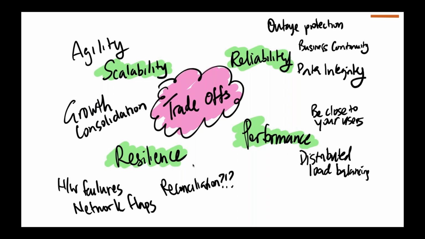And that's what the cloud is kind of famous for. You also need to be resilient against hardware failures and network flaps. You need to be reliable as well to make sure that your data has got integrity. In terms of performance, you have to always be close to your users. So you totally have to ensure that you have your application servers, your proxies, etc., running close to your user